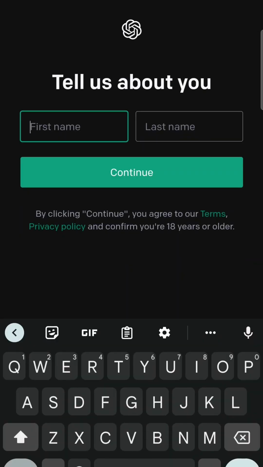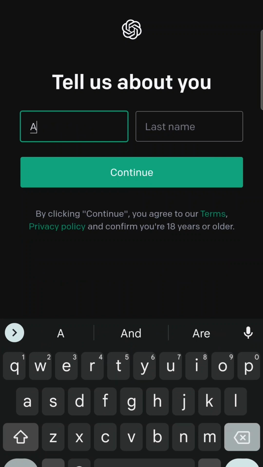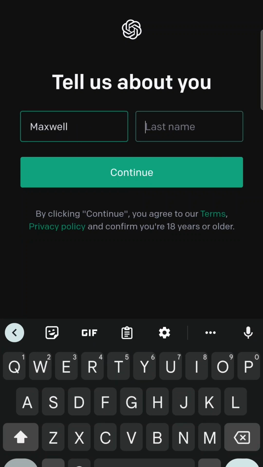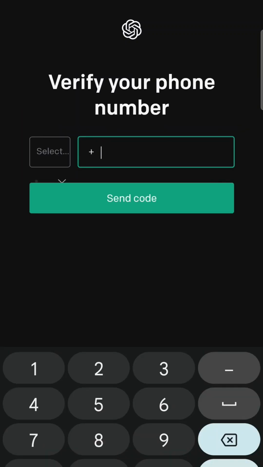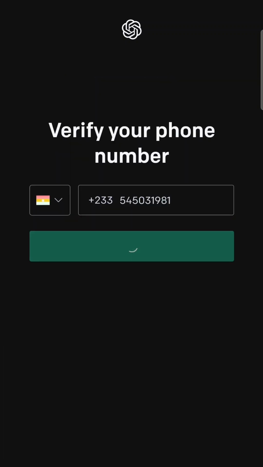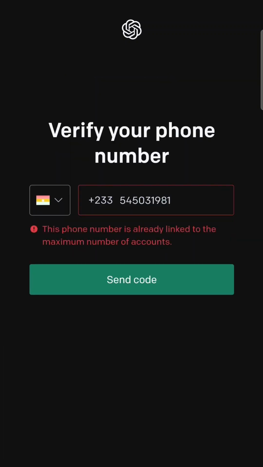So your first name, continue. You have to verify with your phone number. You see, it automatically detected my country, so I'll enter my phone number. Okay, so my phone number is already linked with another account, right? So right after this, it will open, and then all you have to do is press okay, and